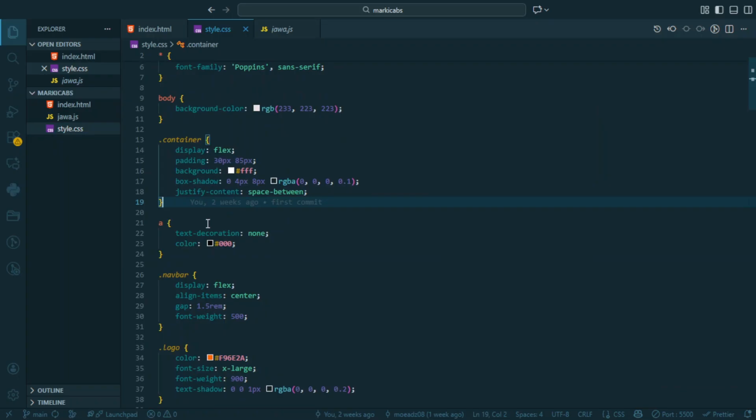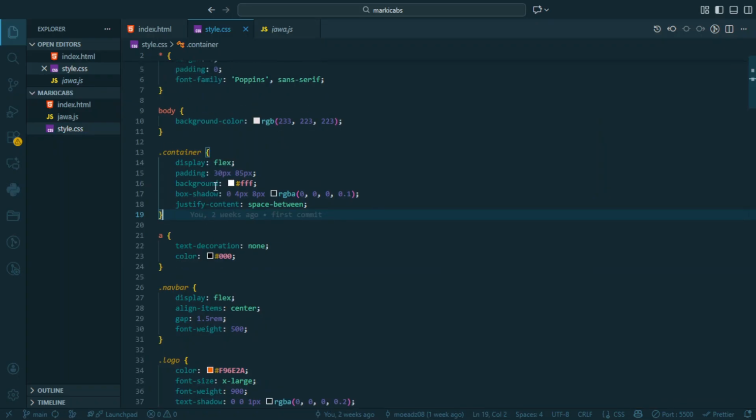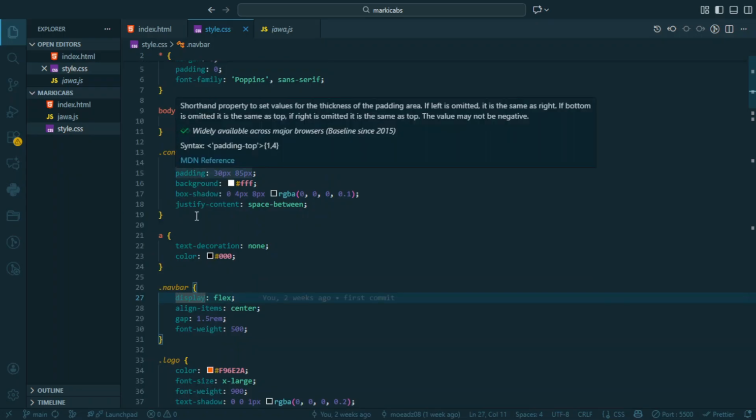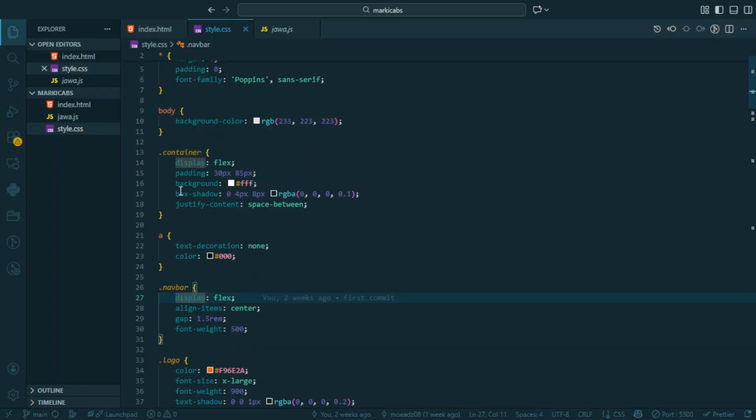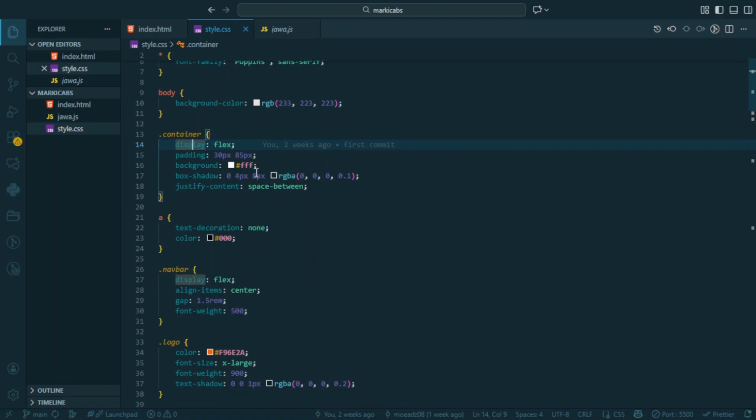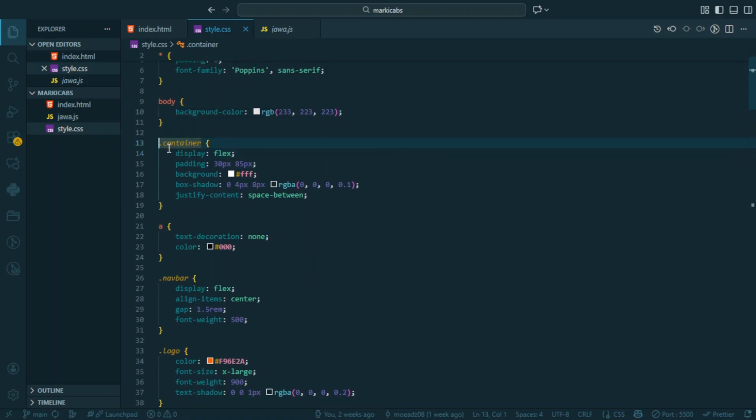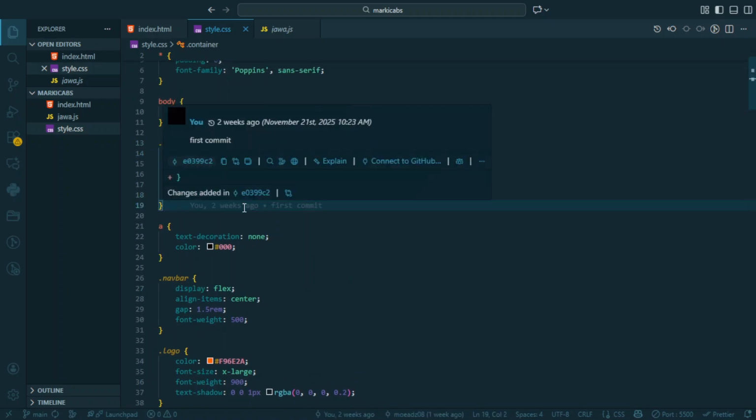I'll explain Flexbox first. This is for the navbar, and it's also for the navbar content.